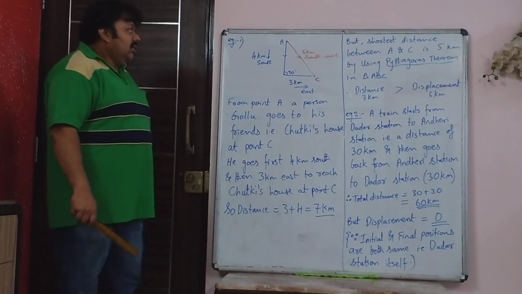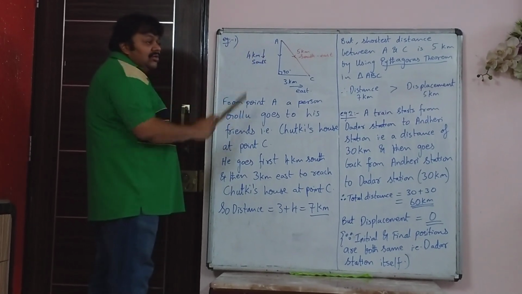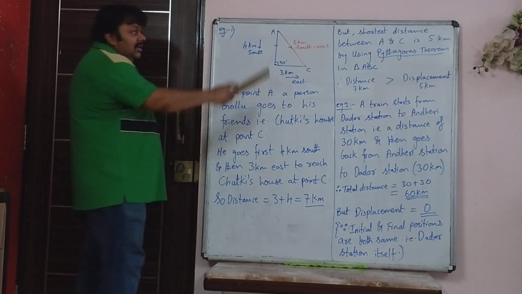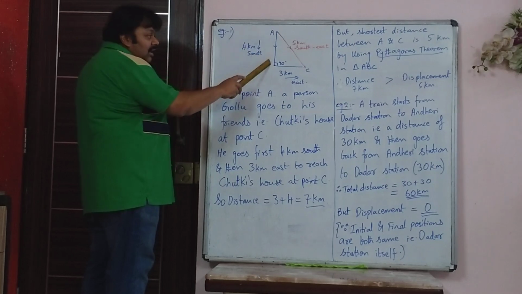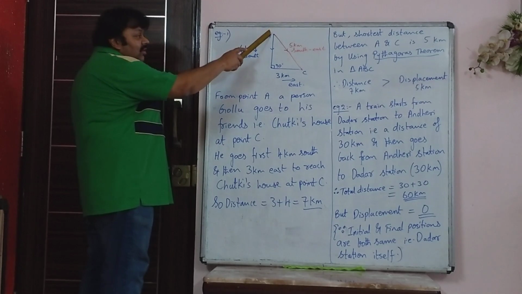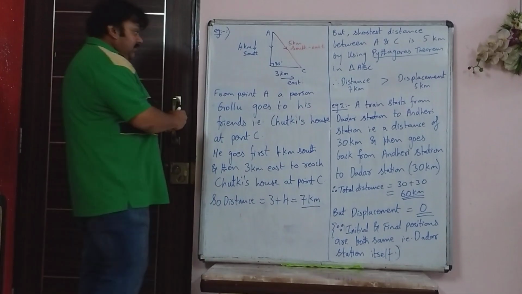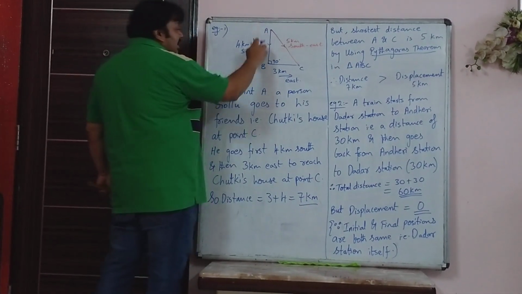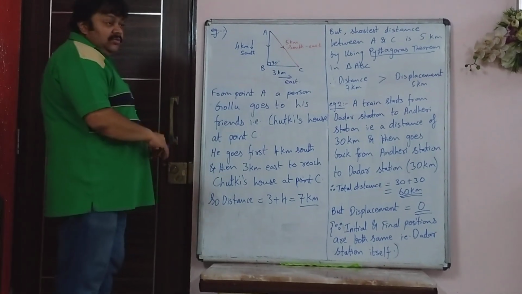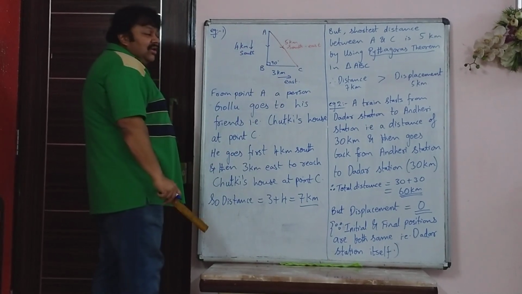and displacement. Now let's say a person, Golu, is going from point A, his house, to Chutki's house at point C. There is no direct road, so this blue line is indicating the road. Golu is going from A to C. First he is going south 4 kilometers and he comes to point B. Once he comes to point B, the road turns east, so he goes 3 kilometers east. So actually Golu is going 4 plus 3,